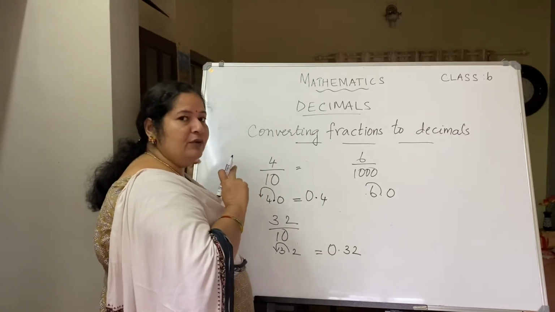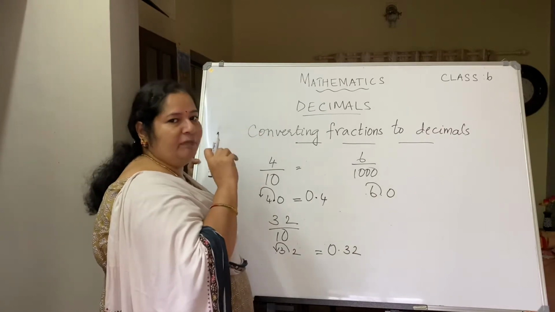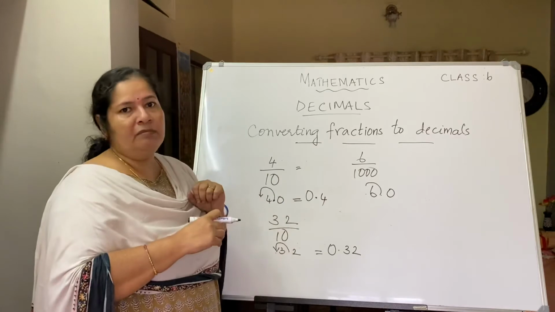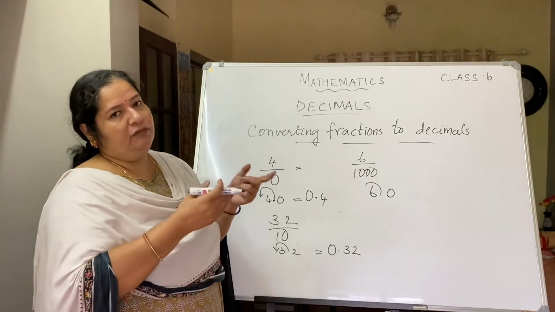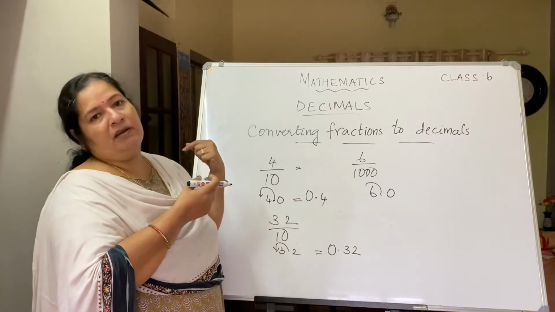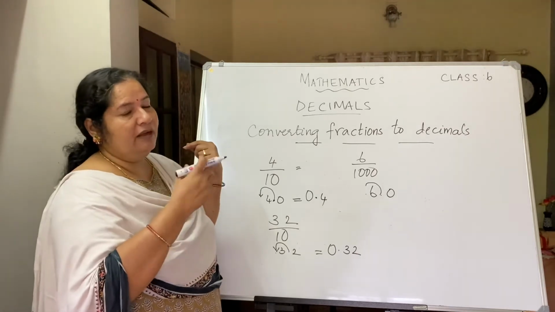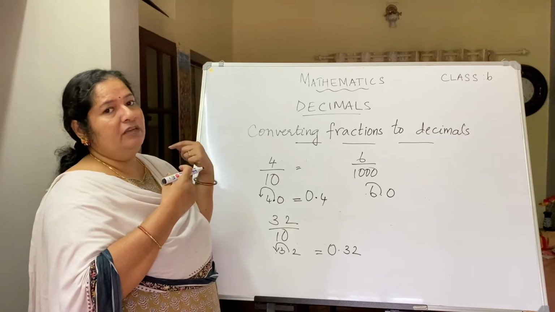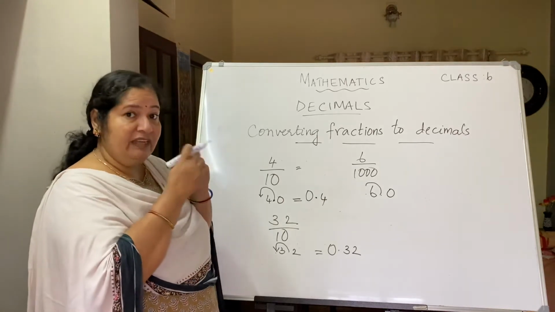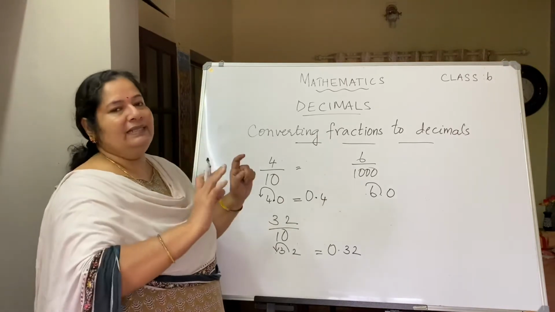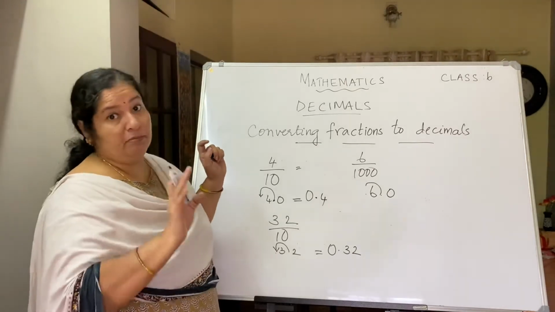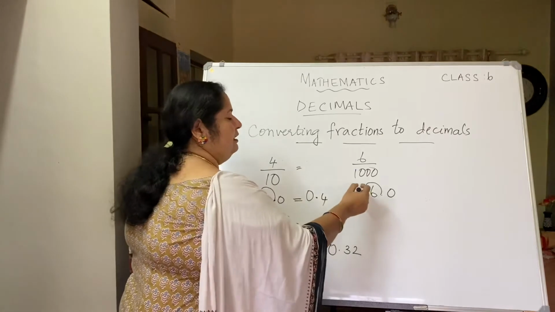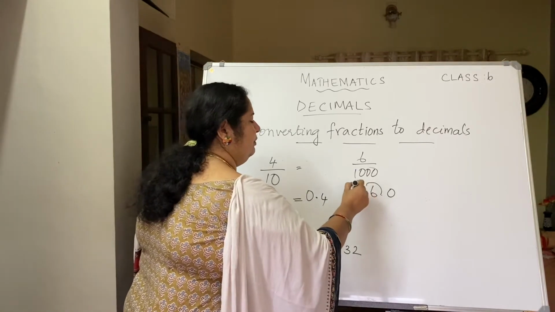So what do you have to do? You are going to create 2 more places. How you can create 2 more places without making any change to the given number? That's only possible if you add zeros before the number. Not after the number. After the number if you add, of course it has got values. So before the number if you add zeros, that doesn't have any value, which makes the number as it is. No change for the value of the number will be there. So you're going to create 2 more places by putting zeros.